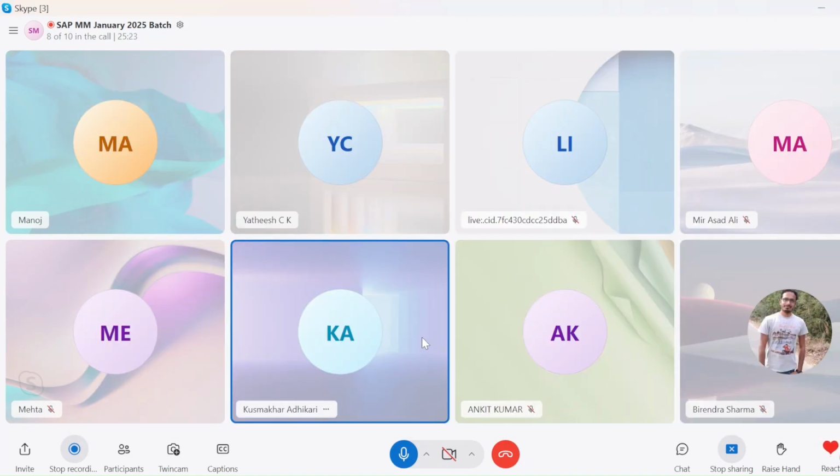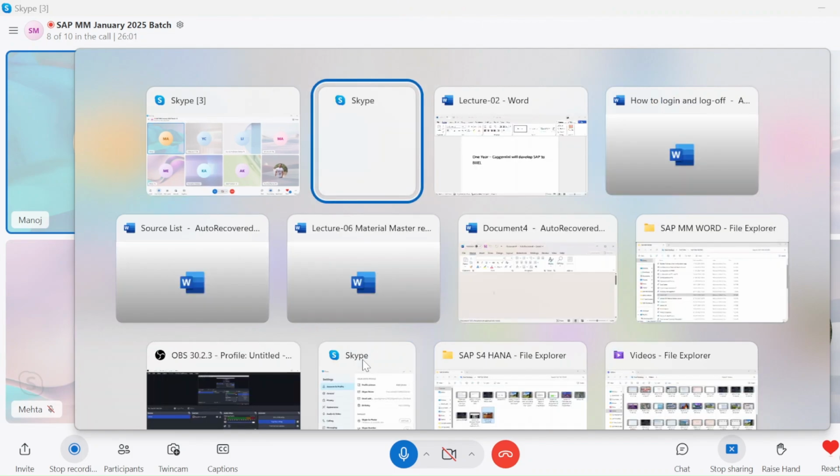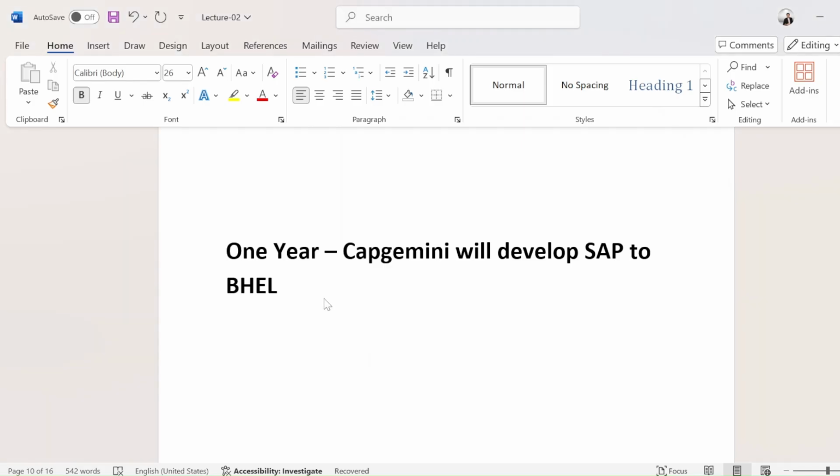For the types of consultant, what I understand is there will be a functional consultant or a technical consultant, right? Can you describe a technical consultant or a functional consultant? A technical consultant is like an ABAP developer who can develop the programming. Functional is like MM, SD, FICO, PM, QM, PP. All these consultants are considered functional consultants.